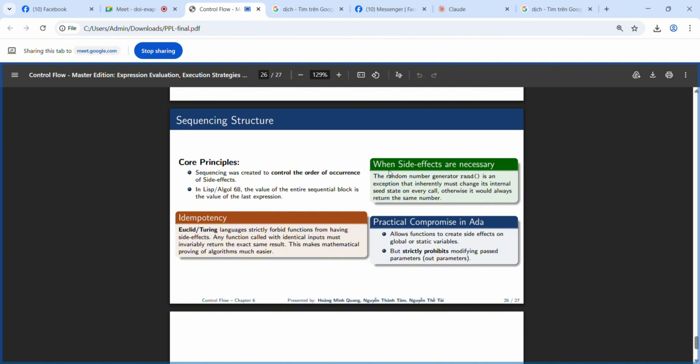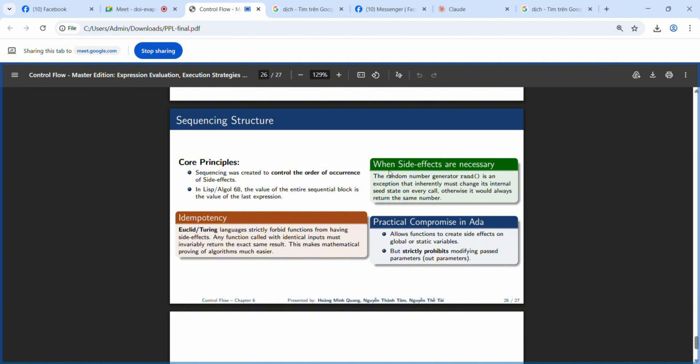From a theoretical standpoint, the ideal is referential transparency, the property that a function always returns the same output for the same input,